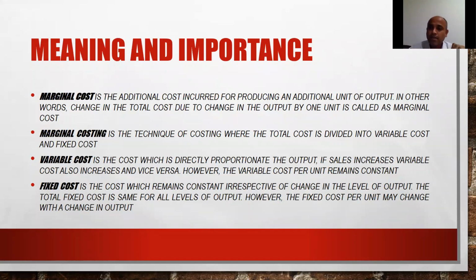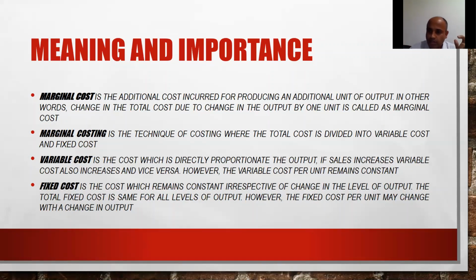What happened in the third month? My third month output is 10,000 units. For each unit of pen, I require 10 rupees material. So 10,000 units of pens multiplied by 10 rupees each makes it 1 lakh. Now look at the total raw material cost. When the output is 0, the total raw material cost is 0. When the output is 1000 units, it is 10,000. When the output is 10,000 units, it is 1 lakh rupees.